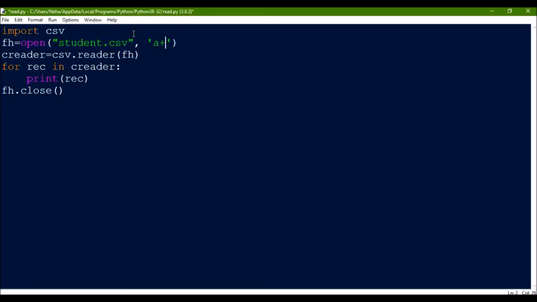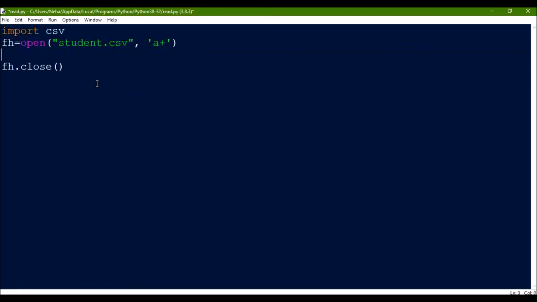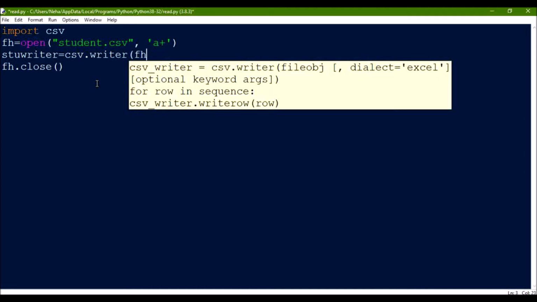Then we will create the writer object using csv.writer, and again pass the file handle.